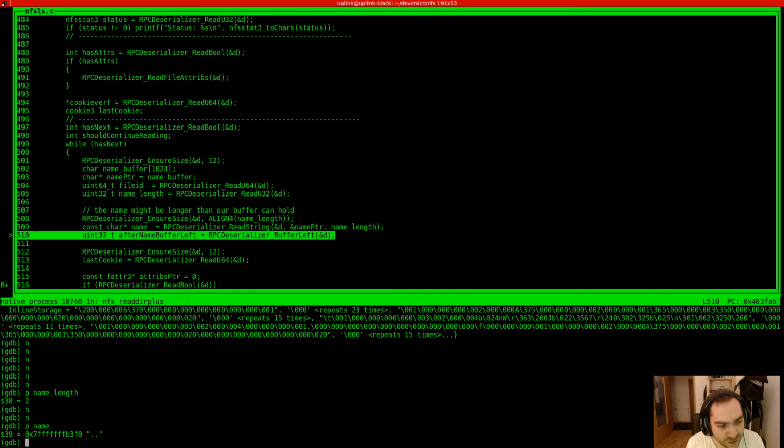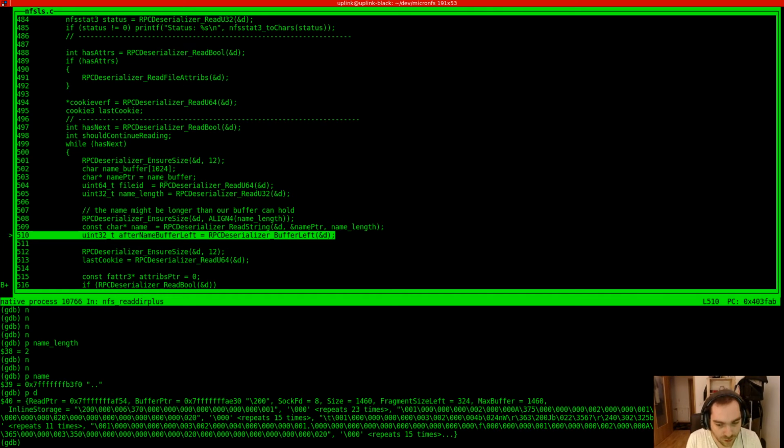And the name is dot dot, which is a reasonable name to be having. However, right now we are exactly at size and max buffer are the same, which means